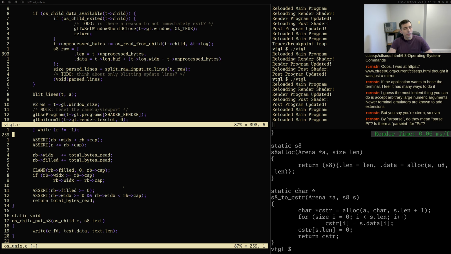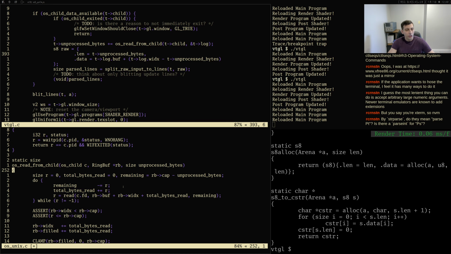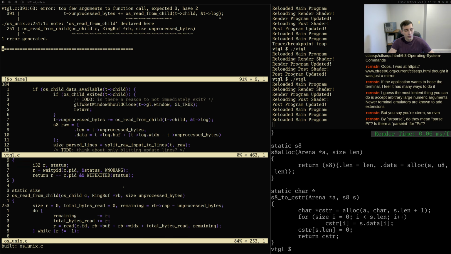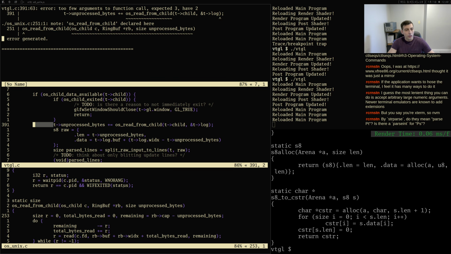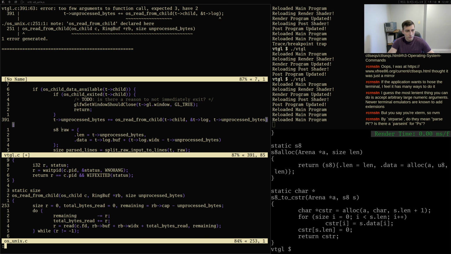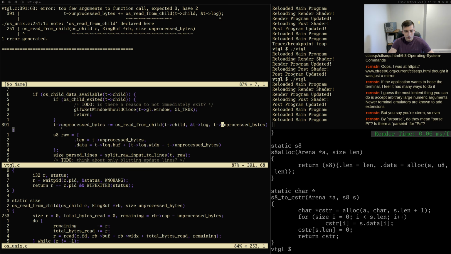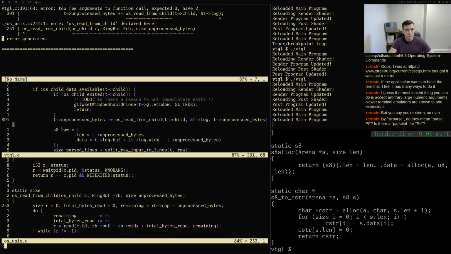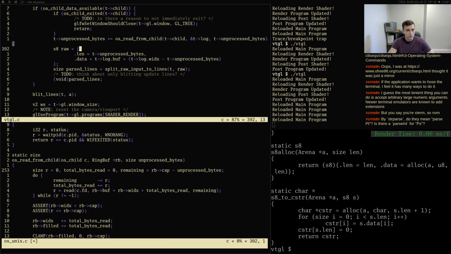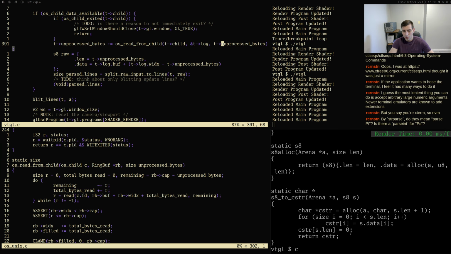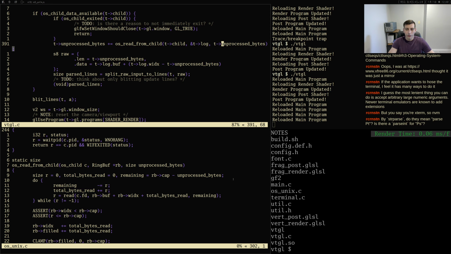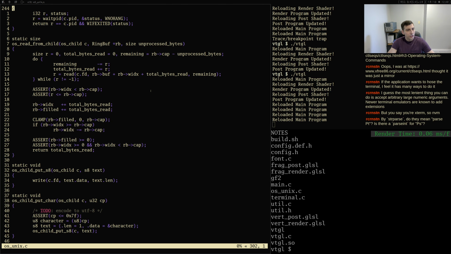That should be correct. So yeah, I don't know why I didn't just do that earlier. I need to pass that in. I don't know how to get some unprocessed bytes to show up, but